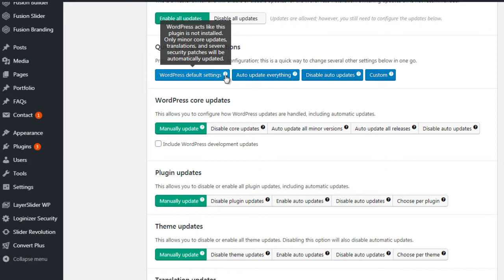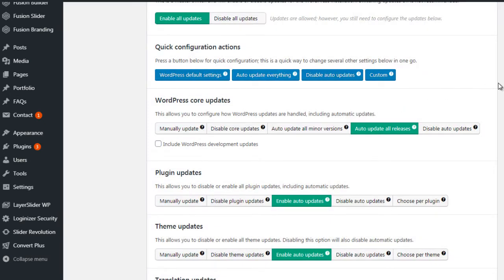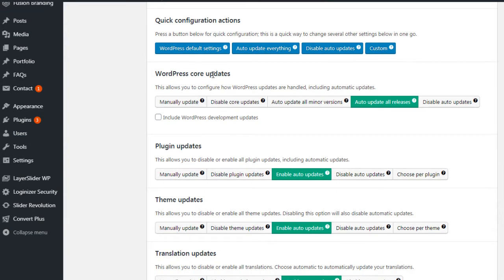Only minor core updates. So in other words, only some updates will be updated. In this case, you could click auto update everything, and this would actually update every single thing. So right here, it says WordPress core updates. You can disable core updates, and core updates basically means WordPress as a whole. So WordPress, the content management system, whenever an update comes out, you want to auto update all releases. So we're going to leave this unchecked because this includes WordPress development updates, and we just want the main final